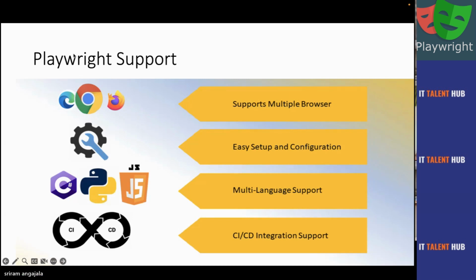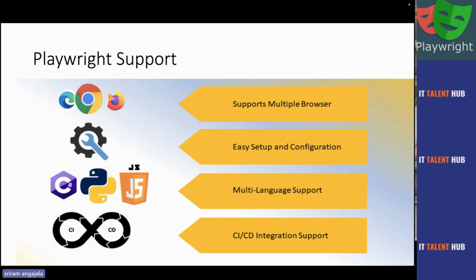But the problem that Cypress was bringing is it is not a multi-language tool. You have to learn JavaScript. It's not like Selenium. You can't do Java, .NET, Python, or other things like Ruby. So that is the reason why it is only limited to JavaScript, and then it is only developer friendly. But automation testers are like, okay, is it really good? And then it doesn't have a record and playback mechanism.